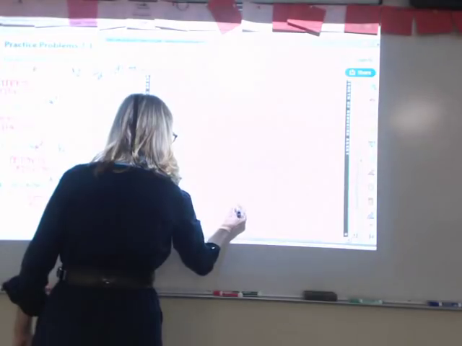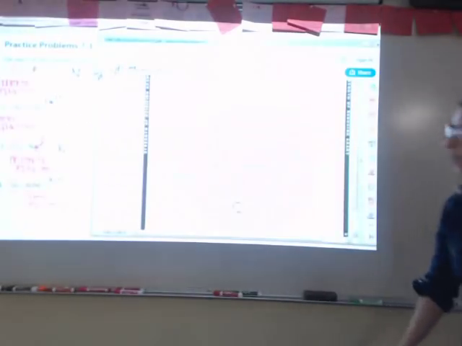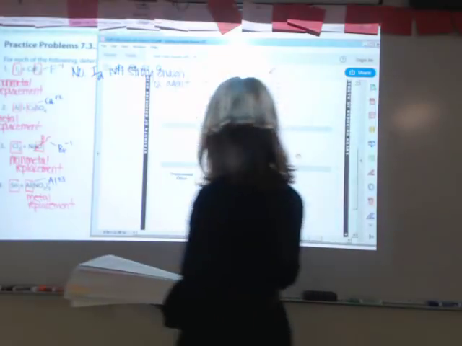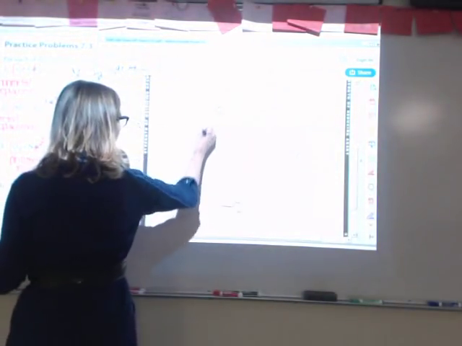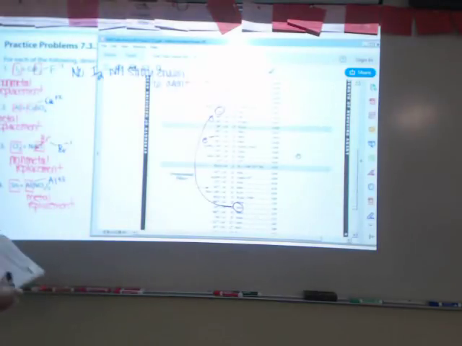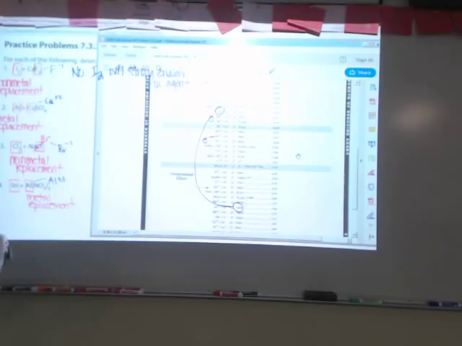Your aluminum is here, and your Cu+2 is here. So would you predict that this would happen or not? Yes. So your electrons will flow from the aluminum to the Cu+2. But this is a single replacement reaction, so we have to write out the full reaction,